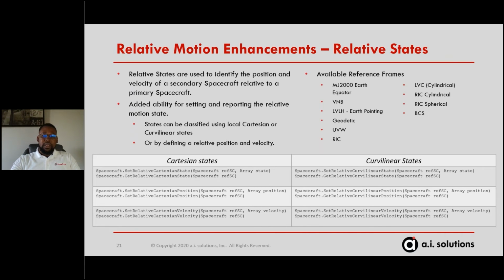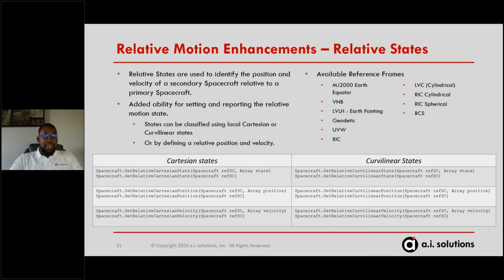All right, the next thing that we are going to talk about today is our relative states. So in FreeFlyer, we've not only added the HCW propagators, but we've added enhancements to handle and work with relative states. Some of these are used to identify the position and velocity of a secondary spacecraft relative to a primary spacecraft. And we've also added the ability for setting and reporting the relative state of another spacecraft in